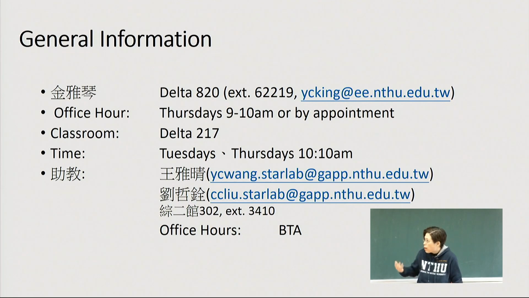So, general information. Of course, we'll start by introducing who I am. My name is Xiaqing King, and that's my Chinese name. My office is at Delta 820, and there's the contact information. The best way to contact me is by email. If you have any problems with your courses, you want to make an appointment to meet with me in office hours, I have regular office hours. We'll talk about that later. But the point is that if you have any trouble or concerns in this course, please email me and then we can make follow-up arrangements.